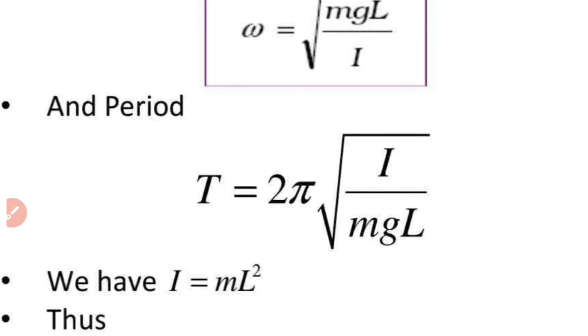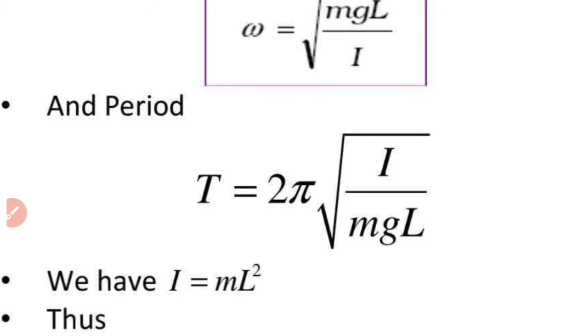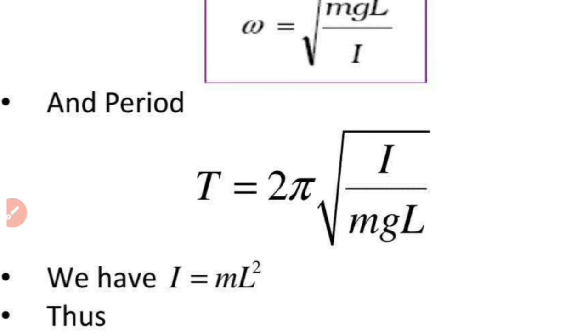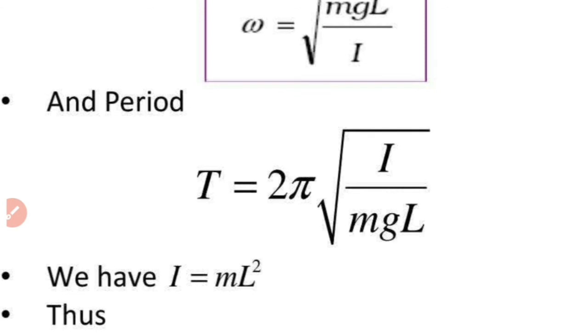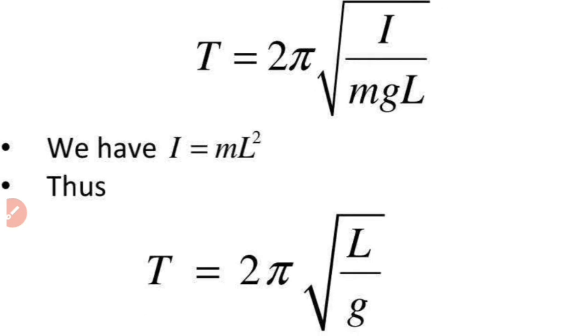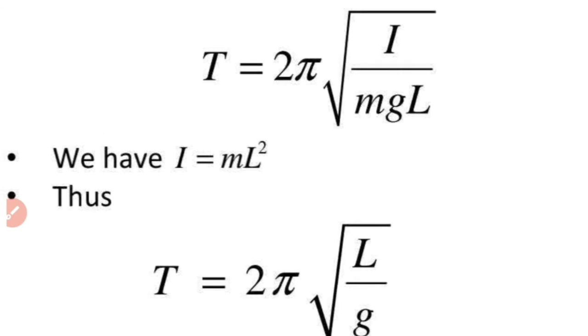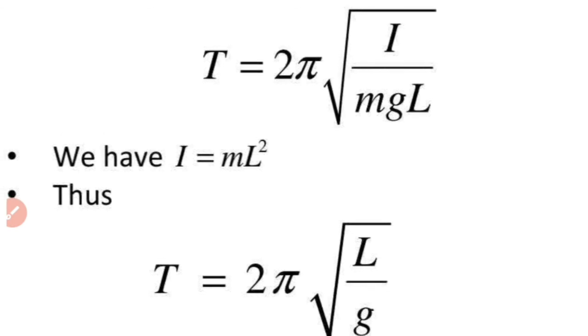Now what is I for the simple pendulum apparatus? In the simple pendulum apparatus, we have already discussed that the string is a massless string. So just using the definition of moment of inertia, summation over i of m_i r_i square, we will get the moment of inertia as mL square. So we have time period T equal to 2 pi into root of L by g. So this is the expression for time period of simple pendulum.